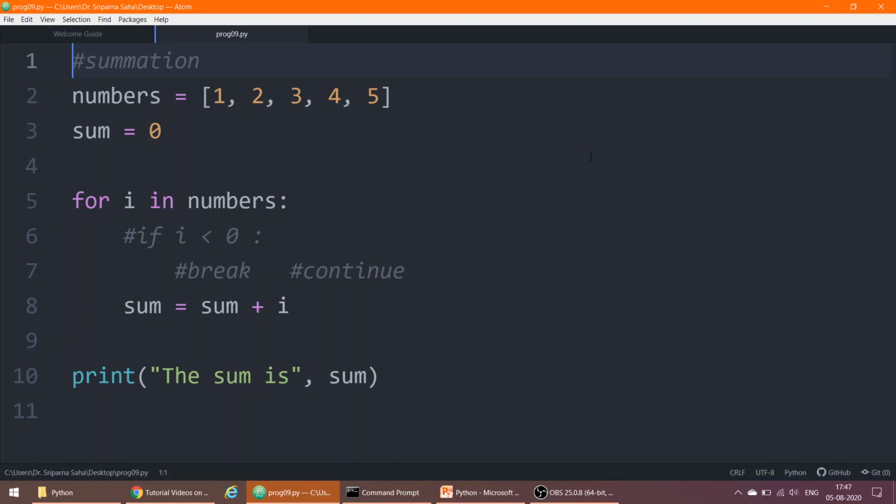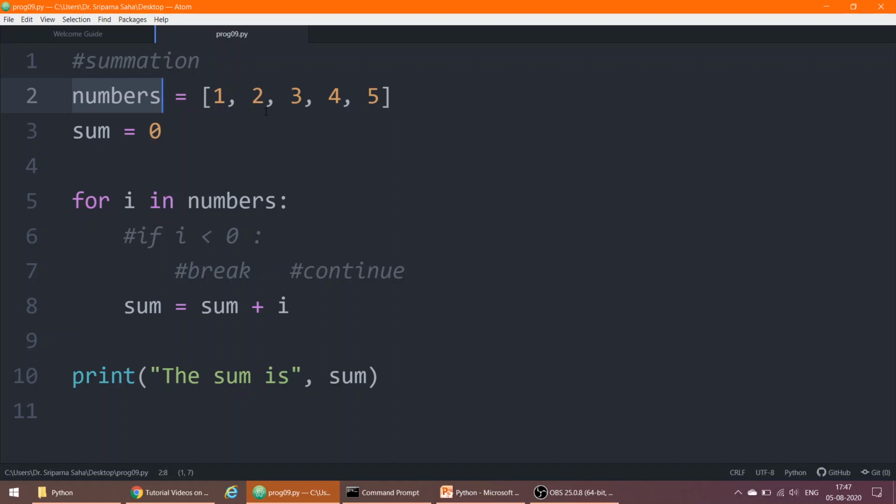So, in the for loop execution, suppose we need to calculate the sum of certain numbers given. Suppose there are five numbers given: 1, 2, 3, 4, 5. Those numbers have been given in the variable called numbers, which contains this array of numbers that we need to sum.